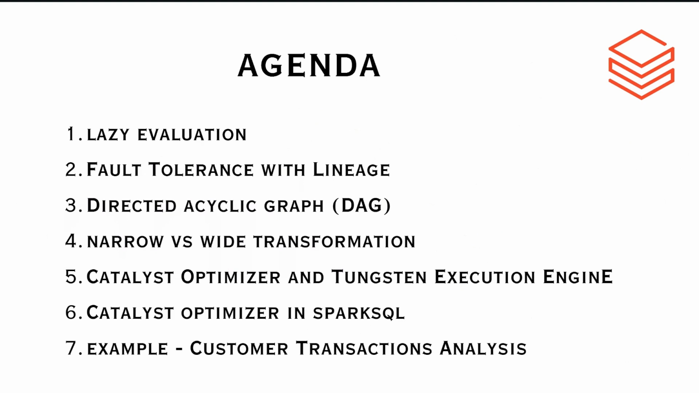Firstly, we'll see about lazy evaluation. That means how Spark optimizes the computation by deferring its execution until an action is triggered. Then we will see fault tolerance with Lineage, where we will try to understand how Spark ensures data reliability via RDDs. Then we will try to understand the concept of directed acyclic graph, followed by how narrow versus wide transformation works. Then we will try to see Catalyst Optimizer and Tungsten Execution Engine, followed by Catalyst Optimizer in